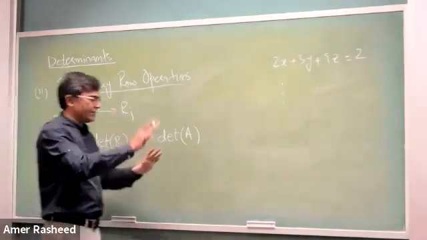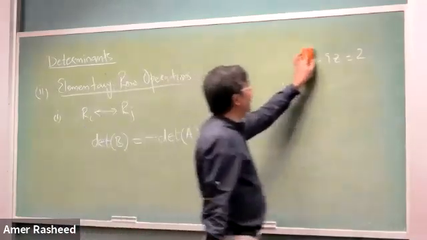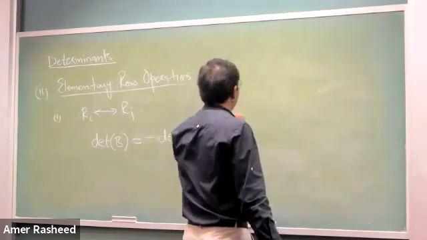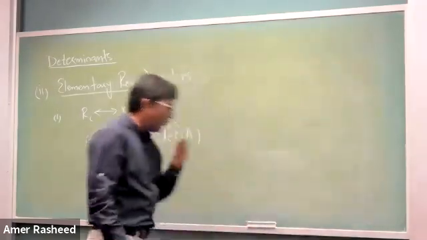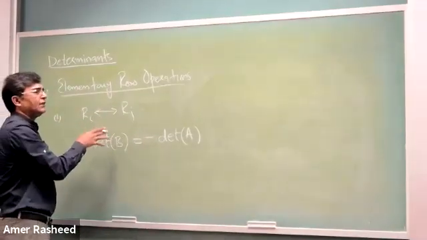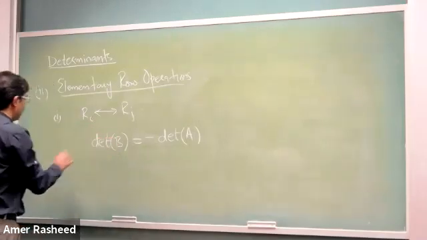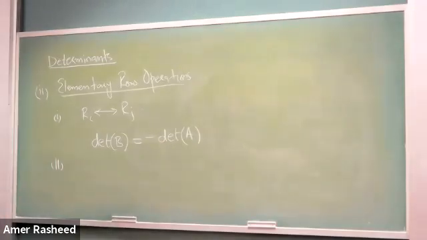When you interchange any 2 rows of a determinant, the new determinant which you obtain, its sign will be changed. So you have to change the sign of the new determinant. Clear? Any confusion? Second, now in determinant,